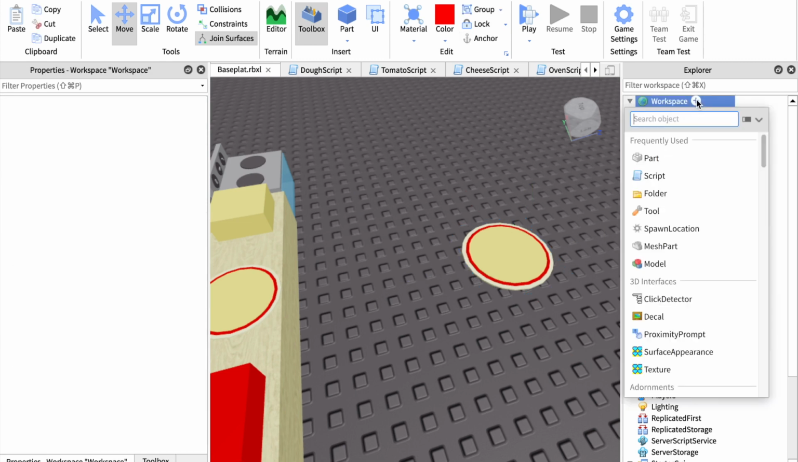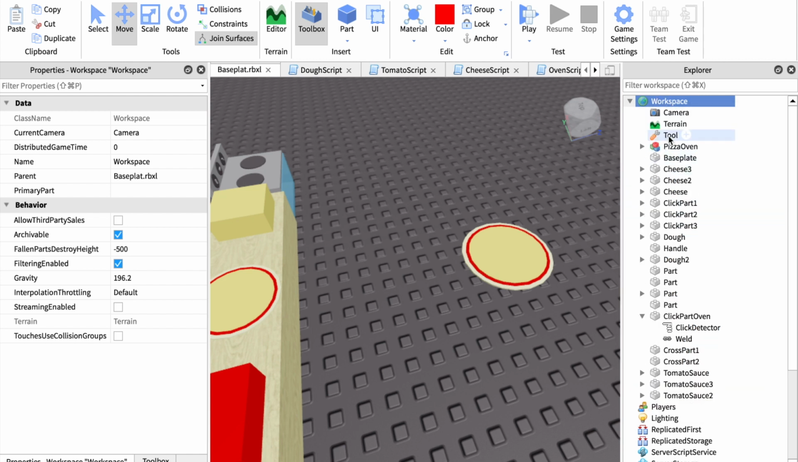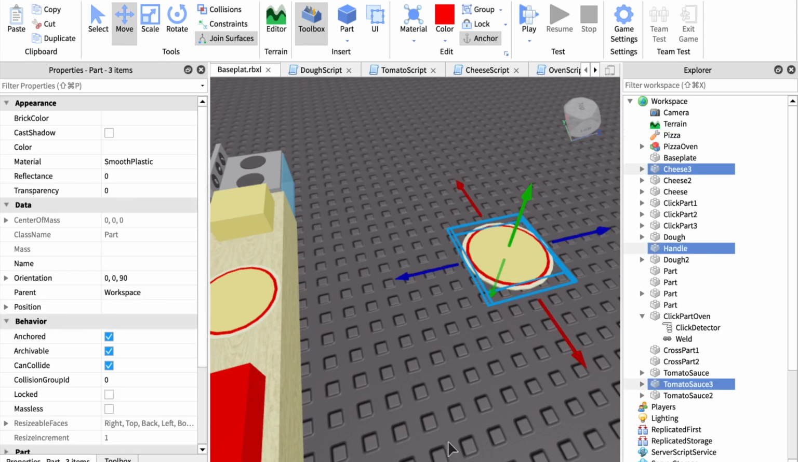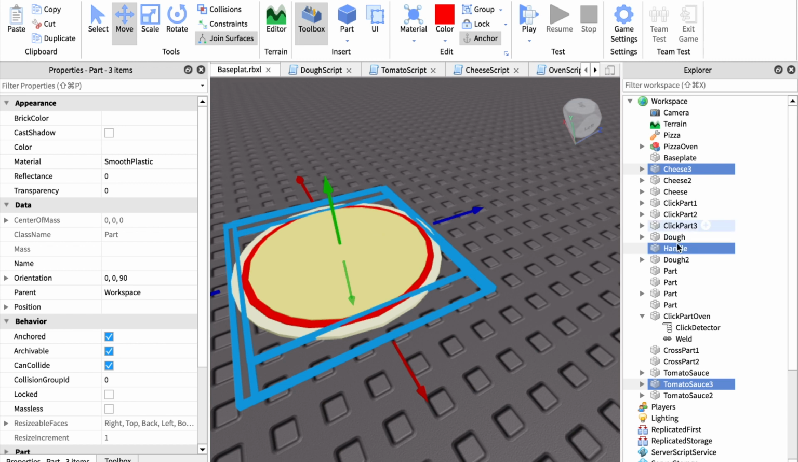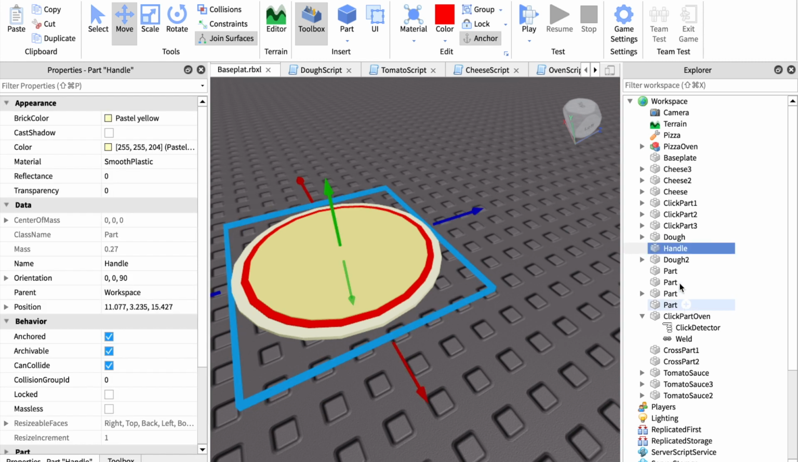We're clicking on that plus, so we're going on workspace. We add in a tool. We name the tool pizza, and then we select our pizza, so our handle, tomato sauce 3 and cheese 3. Oh wait, you know what? You select the handle first. You drag that handle into that pizza. And now,